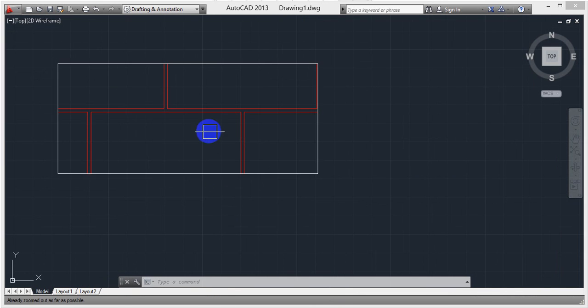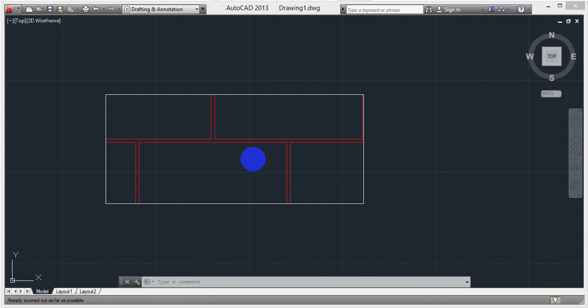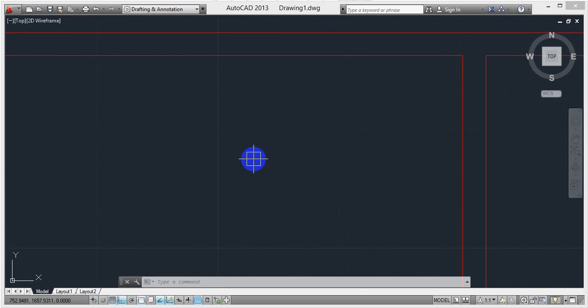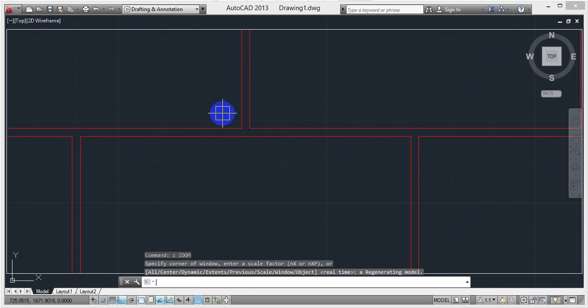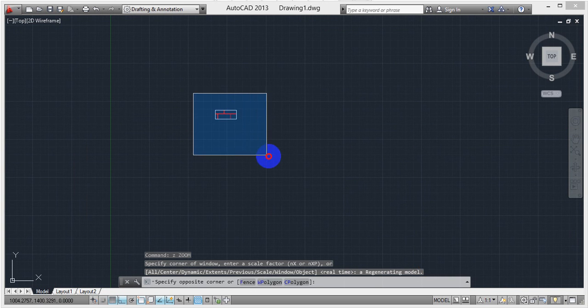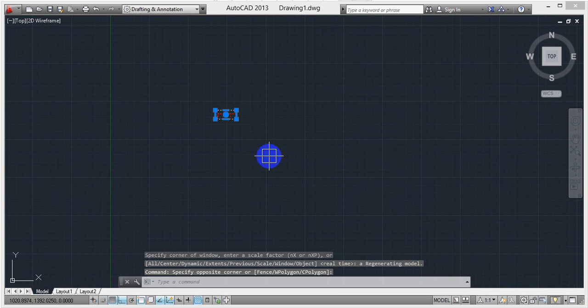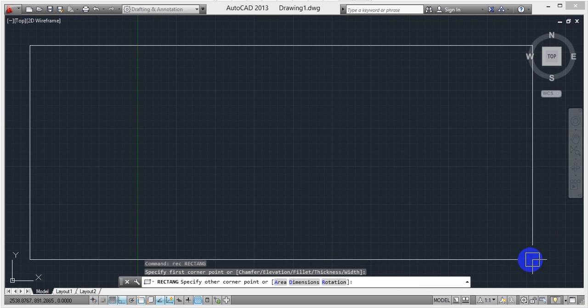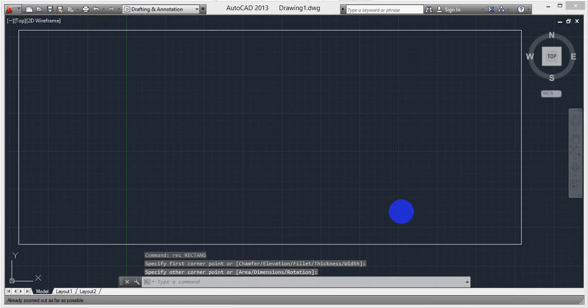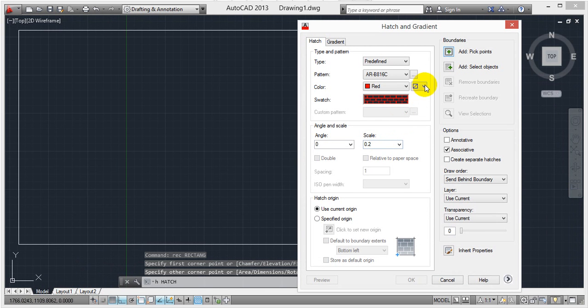Sometimes zooming in is possible but zooming out is not possible. At that time you have to type Z, enter, A, enter. It means zoom all. Delete. Rectangle, so I'm taking a larger rectangle to make this visible. H, enter again.